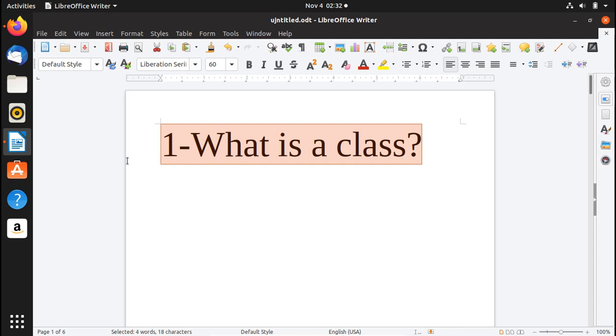The first question is, what is a class? A class is a blueprint from which objects are created, and a class contains methods and variables associated with an instance of a class. In Java, if you're familiar with it, you can create objects from the class, and then you can call those objects rather than using the whole code in the class. So that was the concept of a class.